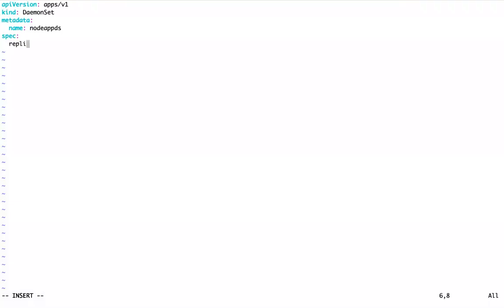It will not allow me to define replicas because it's a daemon set. Each and every node will have a copy of the pod, so I cannot define the replicas. Selector. Again, it's advanced. For the equality-based selector, you have to mention matchLabels, something like this. Then template, your pod template.